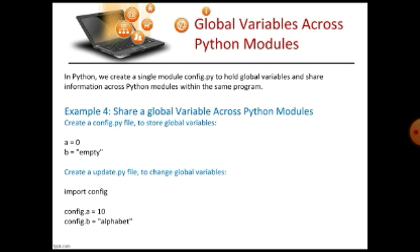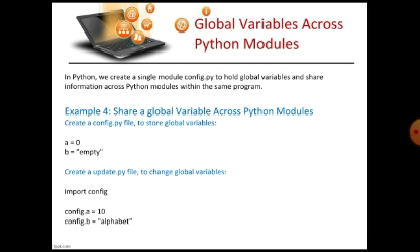First, create a config.py file, just like you create your simple Python code with a .py extension. Similarly, you will create a config.py file. Nothing special to do in that. Just type these two lines of code in your editor: a is equal to 0 and b is equal to empty. So these are two variables.